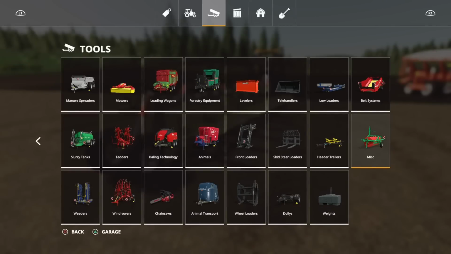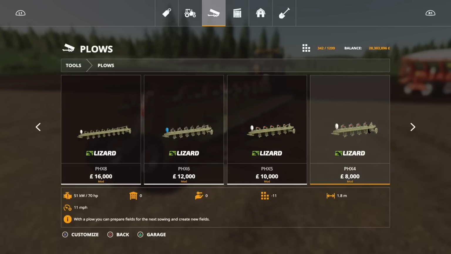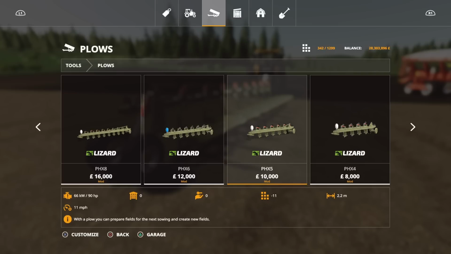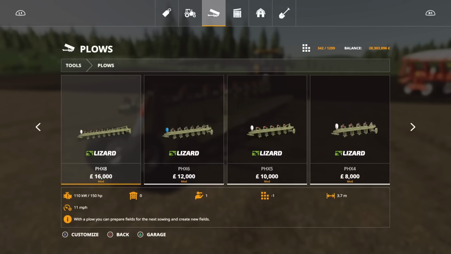So, this you'll find under Tools, under Ploughs. So as you can see, on the far right, we've got the PHX 4, 1.8 metre, 11 slots, 8,000 to buy. Requires 70 horsepower. The PHX 5 is 2.2 metres, 11 slots, requires 90 horsepower, 10 grand to buy. The PHX 6 is 11 slots, 2.7 metres, 12,000 to buy, requires 110 horsepower. Then the one I've got is the PHX 8, 3.7 metres, that's only 9 slots, requires 150 horsepower, and will